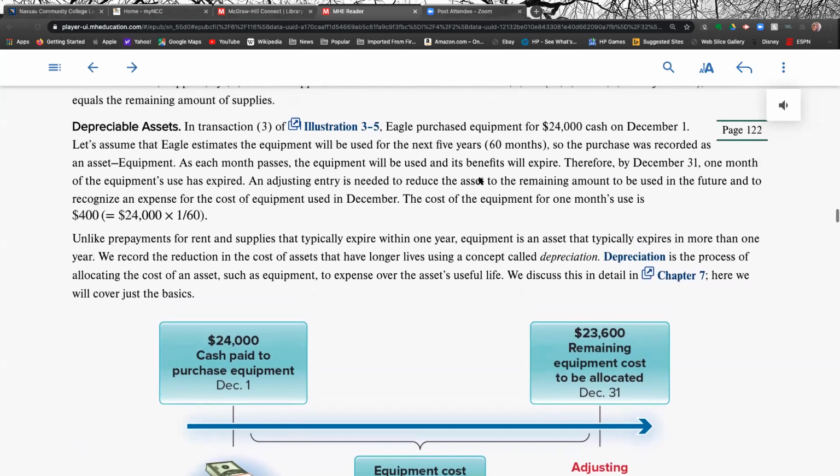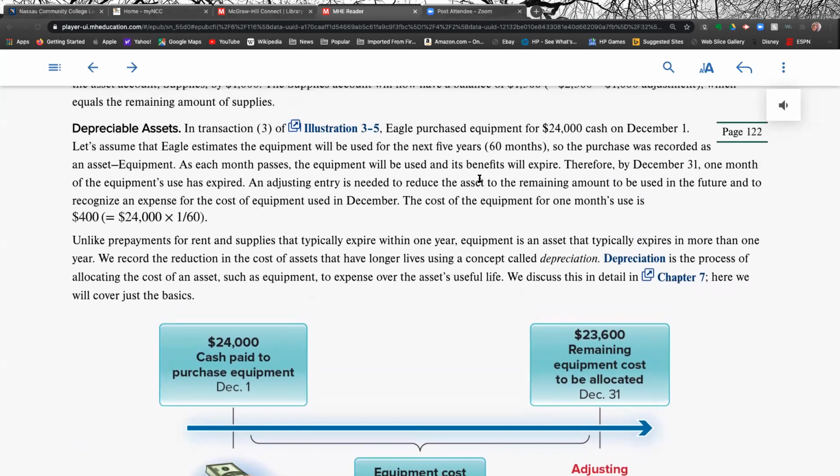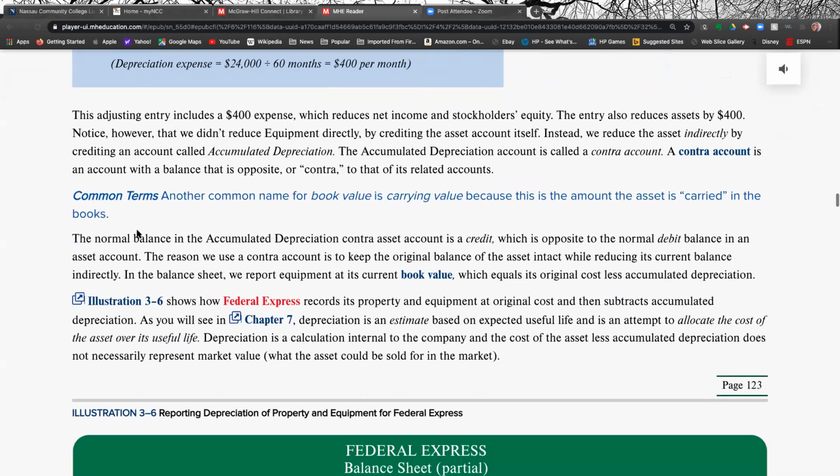If you're really dying to know where they got that $400 from, what they said here is that when they bought this asset, they were going to keep it for 5 years. 5 years is 60 months. So if I take the $24,000 and I divide it by 60 months, it comes out to $400 a month, right? That's where the $400 came